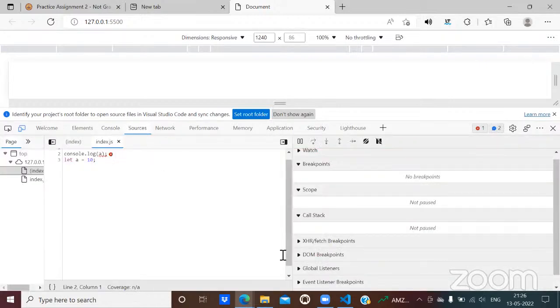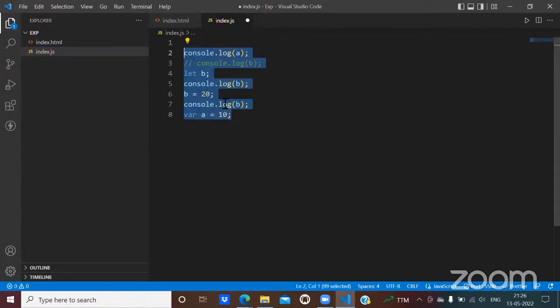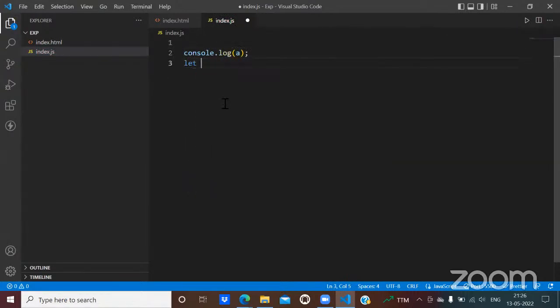If I go to sources again, we know that it is giving us an error. It also says that let A, it puts it on the top. Okay, so it doesn't matter. I'll remove it. I'll write console.log(a) and let a equals 10. That's it. So we have just seen that even the variables declared using let and const are hoisted,